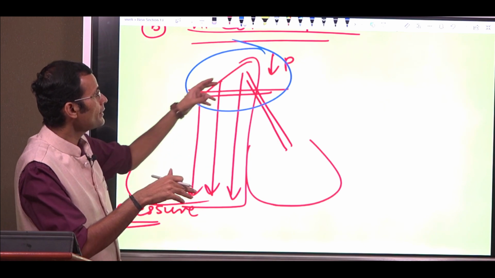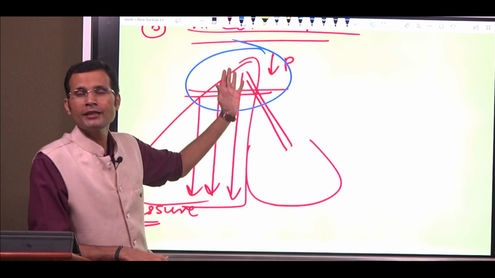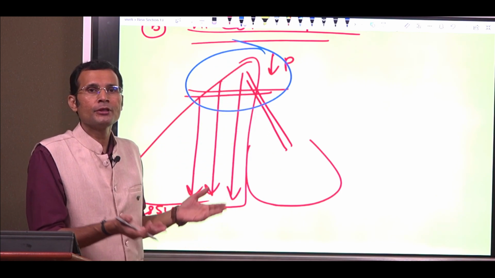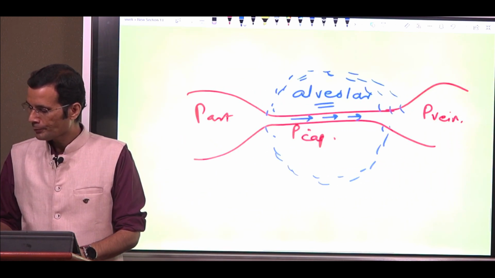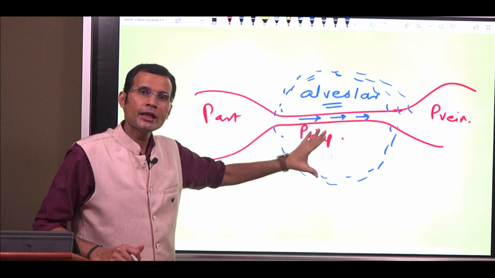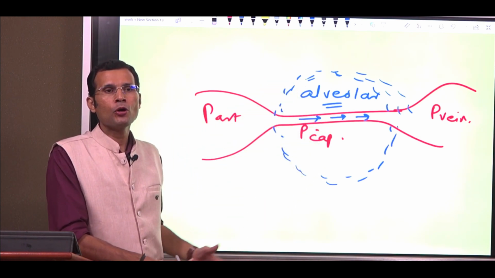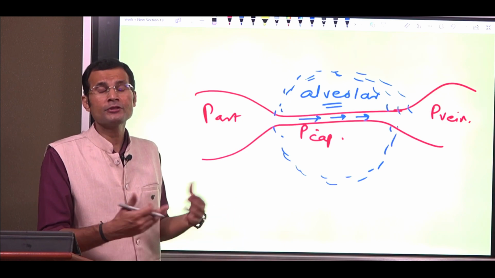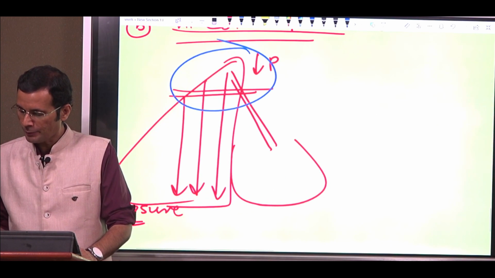And why is the pressure inside the vessels less? I told you, the hydrostatic factor. The blood is going against gravity, so naturally pressure will be less in those vessels. And the surrounding alveoli, you can see in this diagram, will compress those vessels, and the blood flow will be limited, or at some places it may even be zero. No blood flow. That's possible. Yes, we will see that in some time.